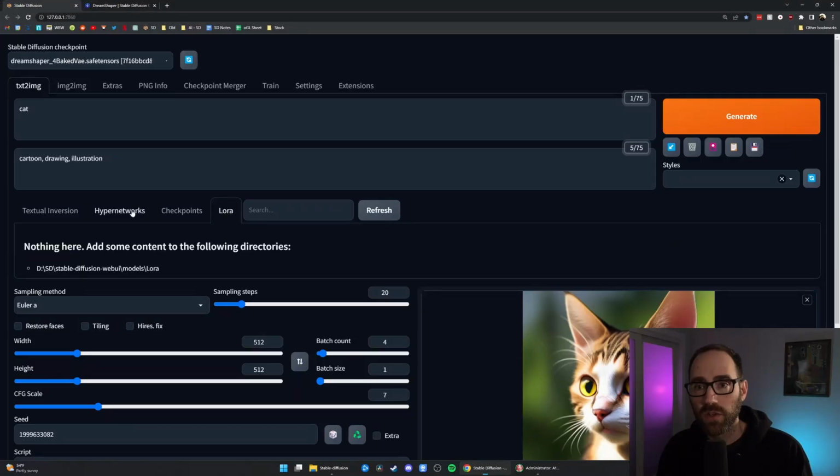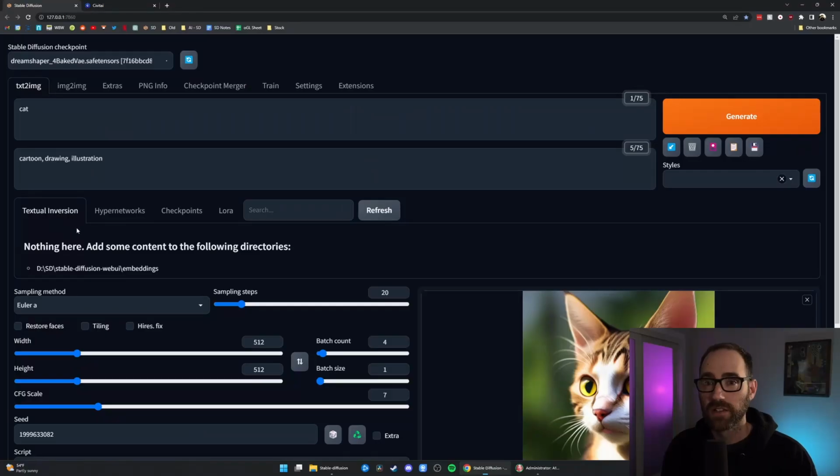You can think of these as like a refiner for that model. So say you have a model that's really good at creating characters, but you want to create a model that has Spider-Man in it. What you can do, and what other people have done, is they've created LoRAs or Hypernetworks or textual inversions that are a highly trained set of images specific to Spider-Man, and then you can download a file that you can use in this prompt that's going to make sure that Stable Diffusion is putting Spider-Man in that image. I'll make a full video on this at some point, but really what's important to know is that